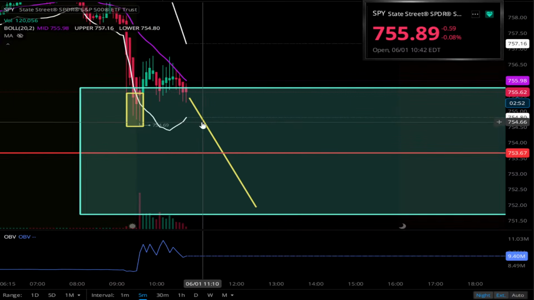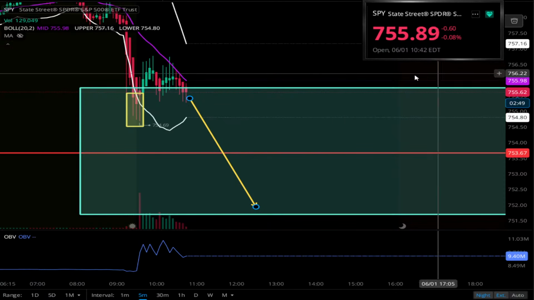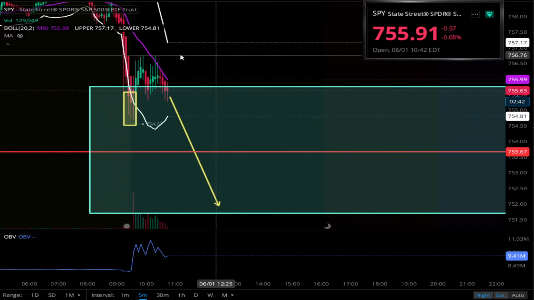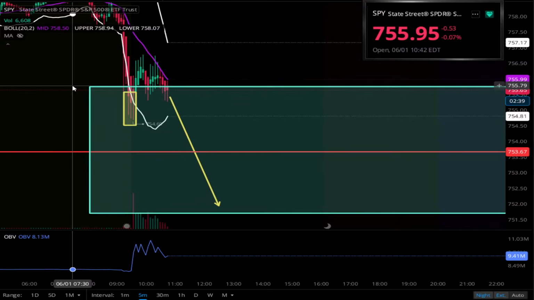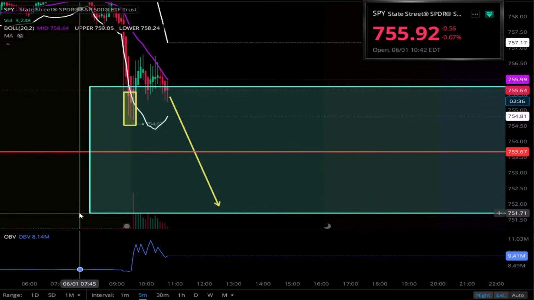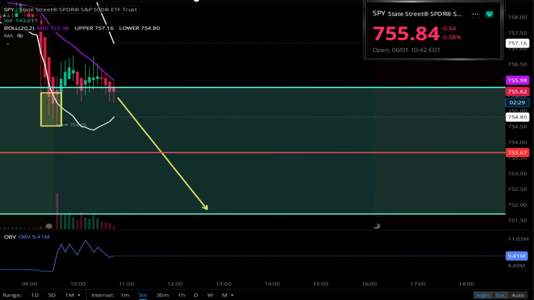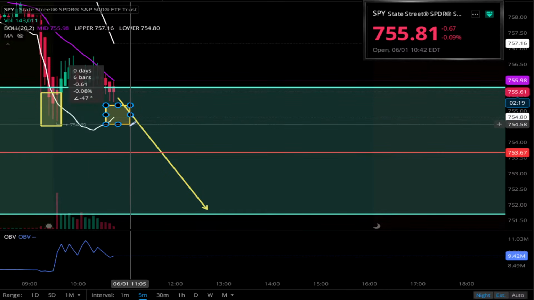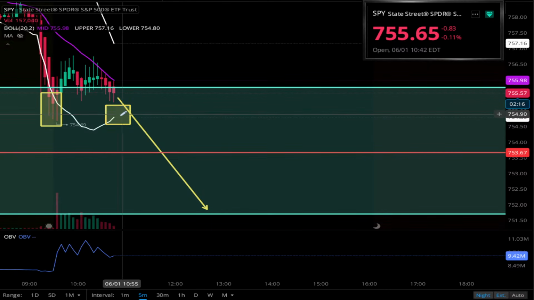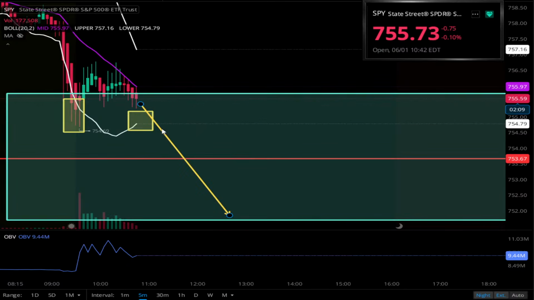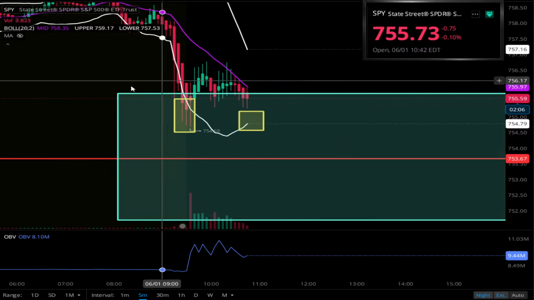This could potentially be that handle, and if that's the case, then that's going to give us this 5-mile retest. And this is the 5-mile on the daily time frame. So again, the bounds of the 5-mile bring it all the way to basically that 755.80, all the way down to that 751.70. So potentially we could be seeing a fairly large red day here. However, one thing we do need to pay attention for is that as long as this inverse cup has not closed, then if we push to the lower Bollinger here, this can turn into a double bottom and push us up. Okay, so if you're wanting to take positions today, which I'm not sure I want to take 0DTEs today, to be honest,